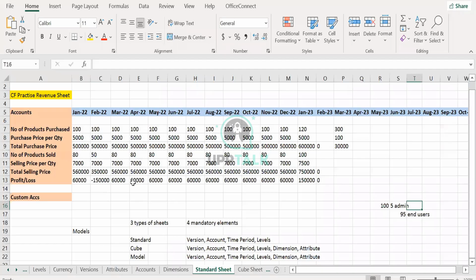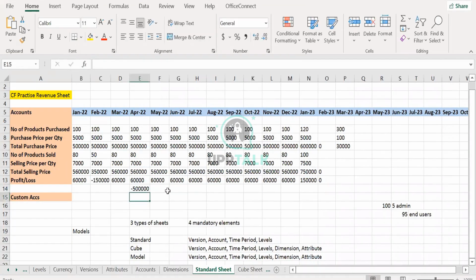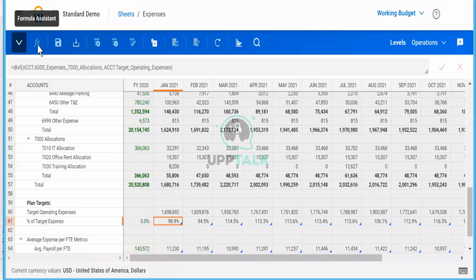Similarly, in an Excel file, you just open the sheet and you can write a formula anywhere, this minus this, whatever you want. The sheet also gives you an override formula option, which you click and change the formula. Suppose you want to change this formula, you will do this. Since we don't have the edit access, we cannot do it.